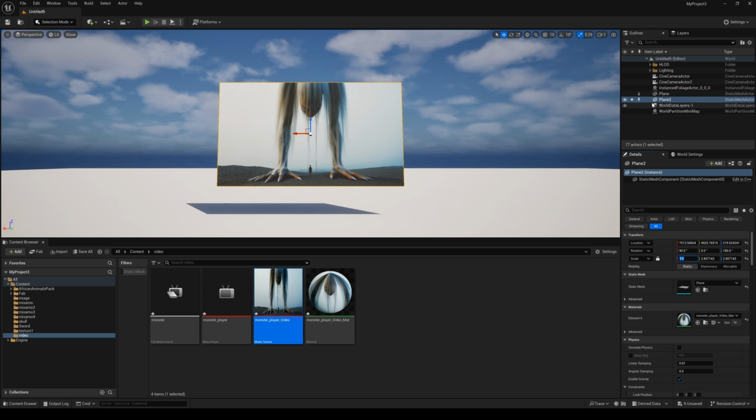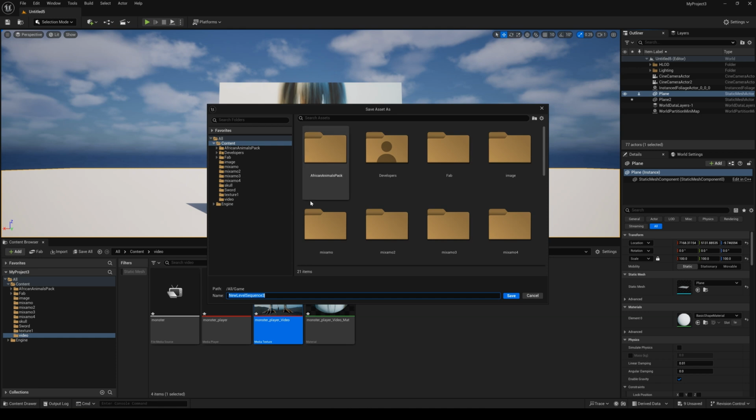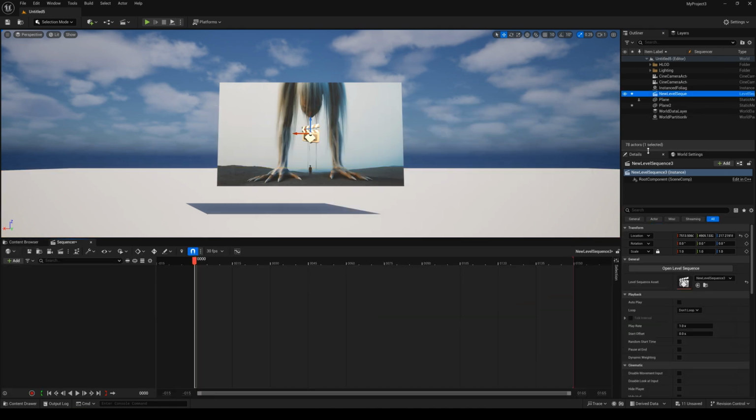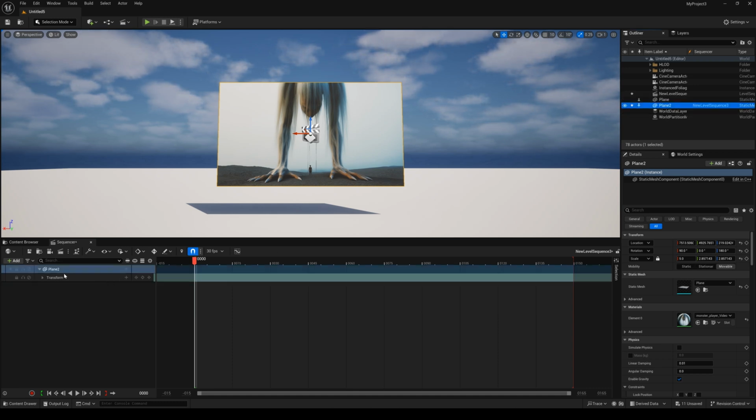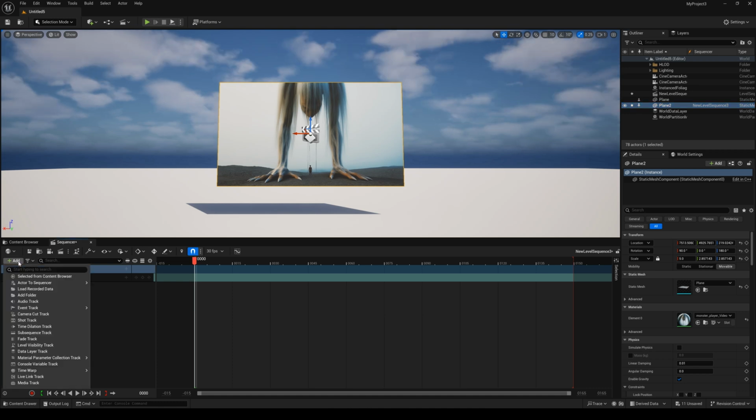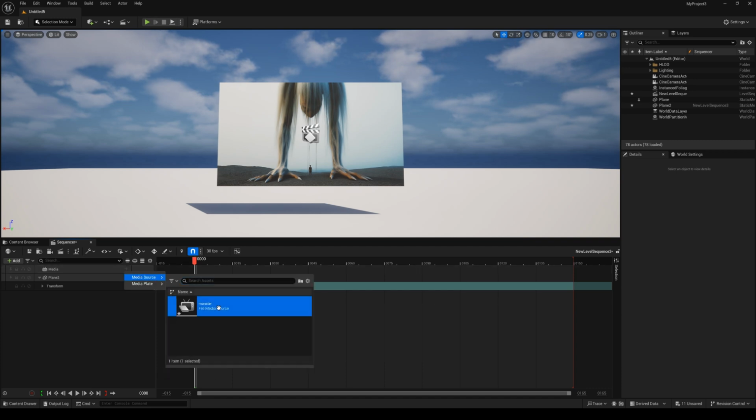And next, create a new sequencer. And drag the planes into the sequencer. And here we click the Add button and select media track. Here I click it and select this monster,